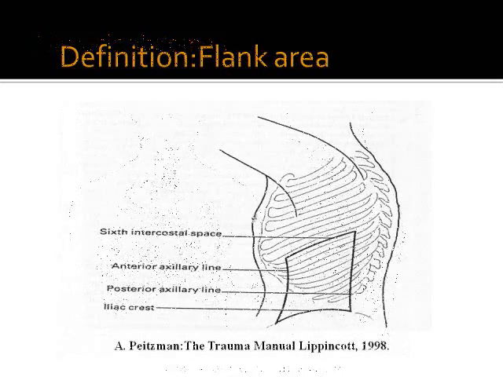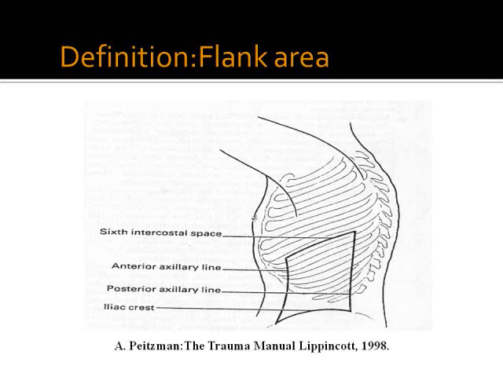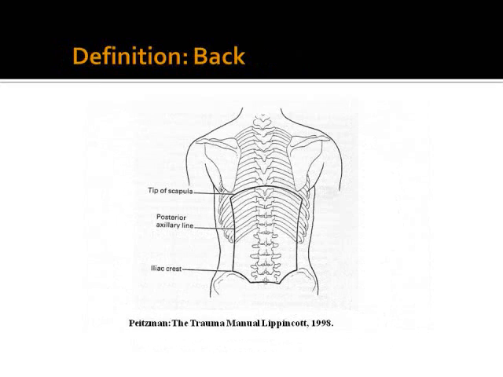The flank area is defined as shown by the bold line: 6th intercostal space above, iliac crest below, and anterior and posterior axillary lines on the flanks. And the back is defined again by the tips of the scapula, the iliac crest, and the posterior axillary line. This is an area that is usually occupied by the vertebra and the muscles of the back, and relatively